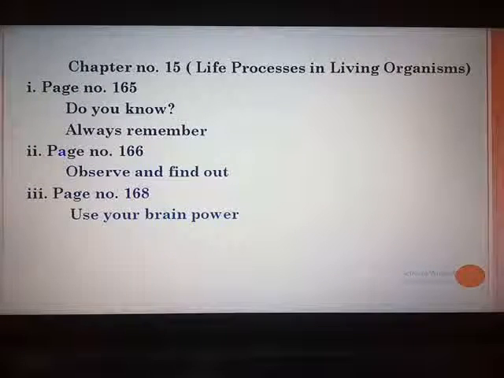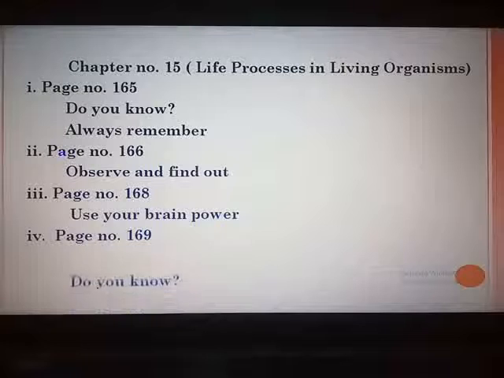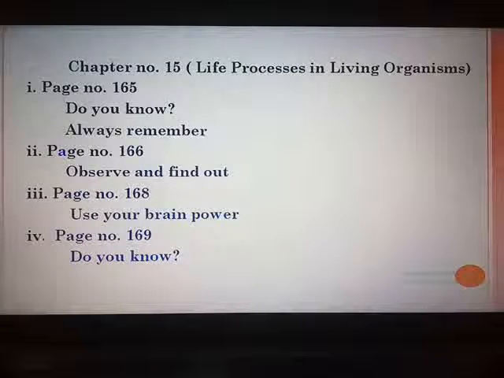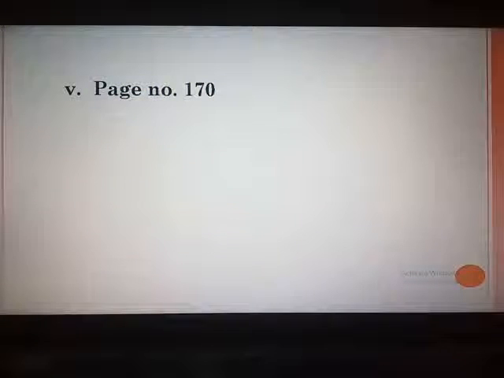Page number 169. Page number 169, you have a blue colored block. Do you know about the tendrils of the climbers, hormone? So you remove that. Page number 169, remove the blue block. Turn your page. Page number 170, you have a green colored block. Do you know? In the plant called Venus flytrap, there is a trap that appears and smells like flowers and deceives insects. That entire paragraph you have to remove.